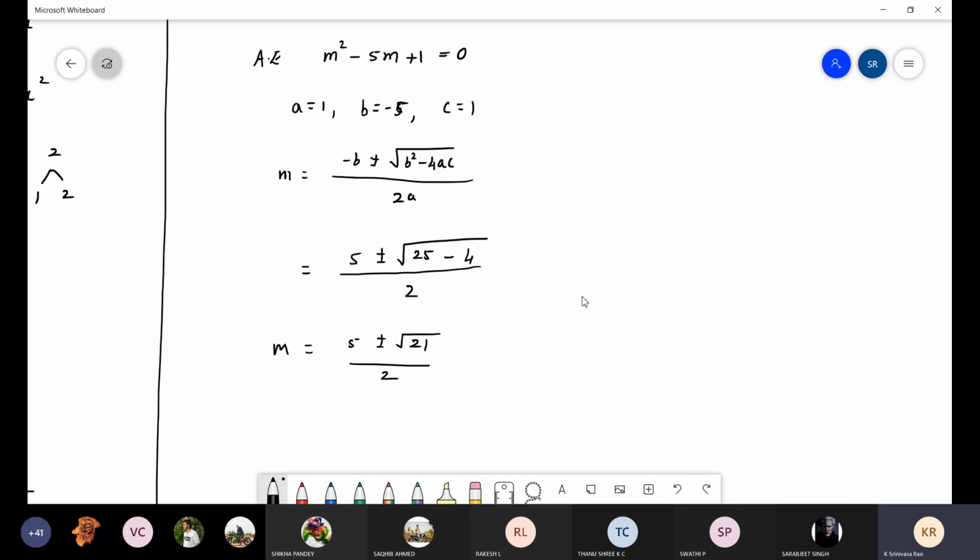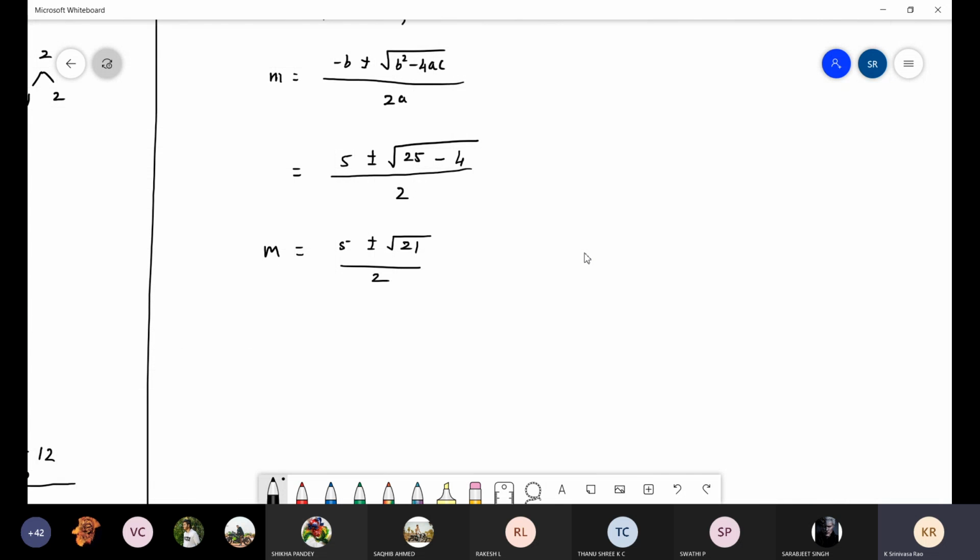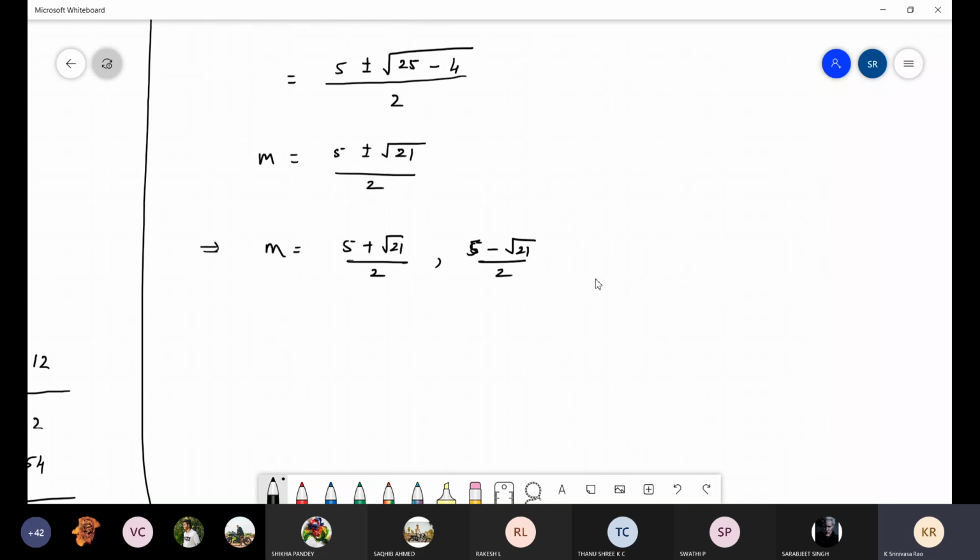If you see plus or minus, don't think always it is complex, because complex is nothing but, inside the square root, a negative sign should come. So it is positive. So it is real and distinct. How it is distinct: one you take plus, another one you take minus. So this implies m equals (5 plus root 21) divided by 2 and (5 minus root 21) divided by 2. These are the two roots. Okay. Real and distinct. Whatever it is, it gives some decimal values. If you use the calculator, let it be.